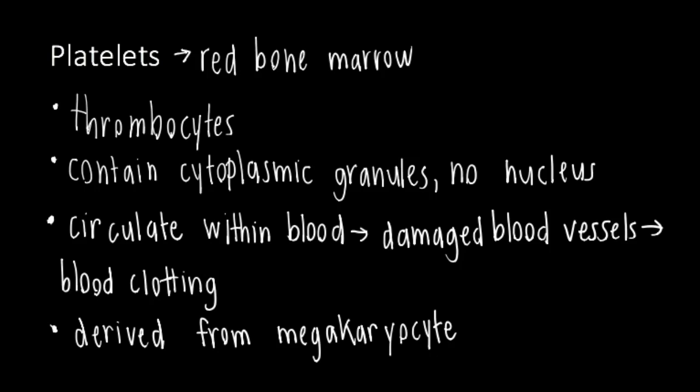Platelets, again, are located in the red bone marrow, and they're also known as thrombocytes. They contain cytoplasmic granules, but no nucleus. So they circulate within our blood and bind together when they recognize damaged blood vessels and they initiate blood clotting. They are derived from megakaryocytes, but I will add here, so